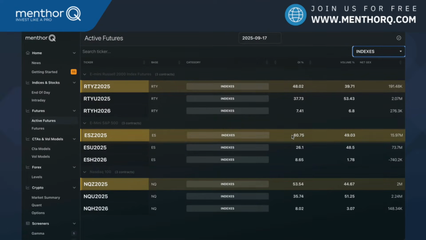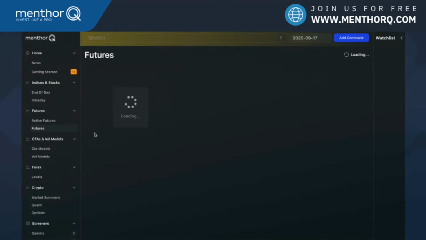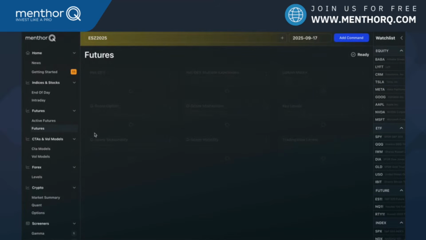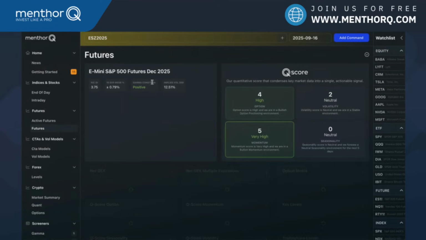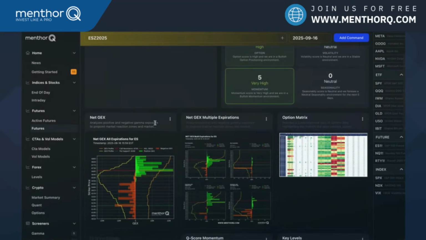So on the December contract, we see about 60% of futures options open interest and 49% of volume. So again, this is important because the levels are calculated on futures options. So if you are using levels on the September contract, still you're missing a big part of the picture because the market has already moved to the December. So click on December contract, we open up the futures dashboard, and then we can go over the data also on this. So we can also see that we are also in positive gamma on the ES contract, which is confirming our view.